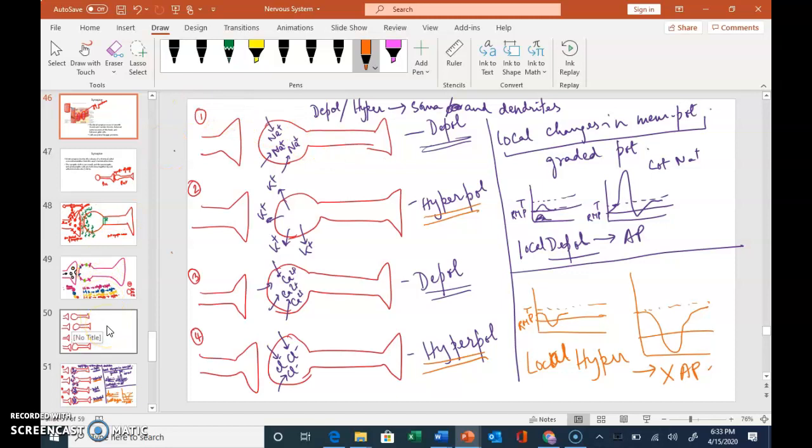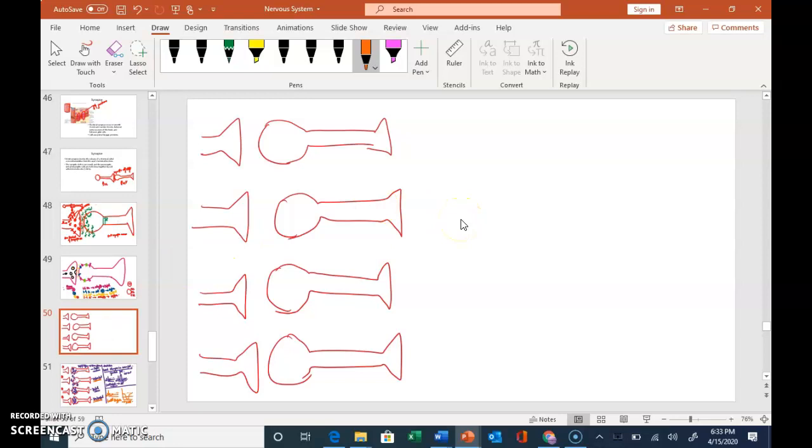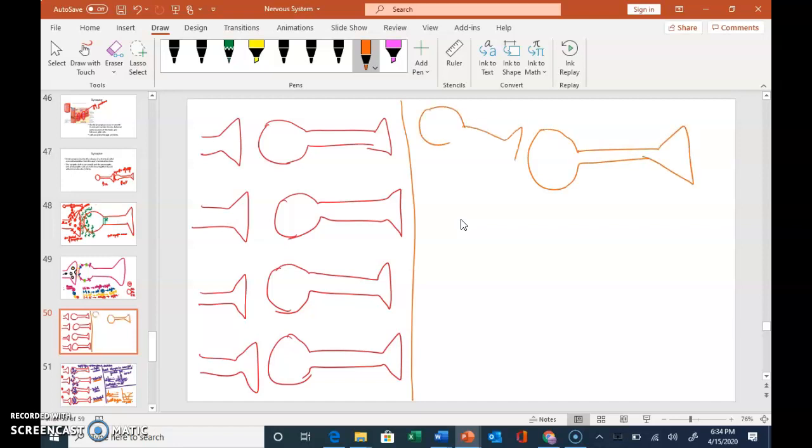Now, another thing. So we understand graded potential. We also understand when it'll depolarize, when it'll hyperpolarize. Okay, good. Now let's do something else. So we also know that one postsynaptic neuron, there can be 3 talking to it, right? This one, this one, this one. Remember neuronal convergence? So here we have neuronal convergence.